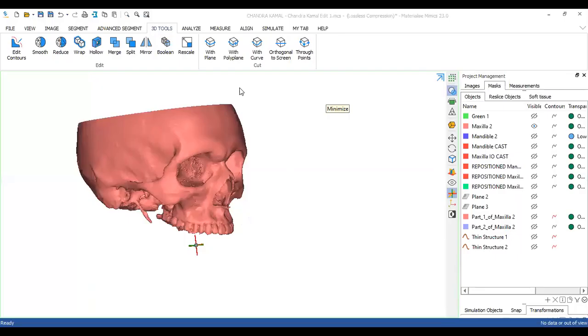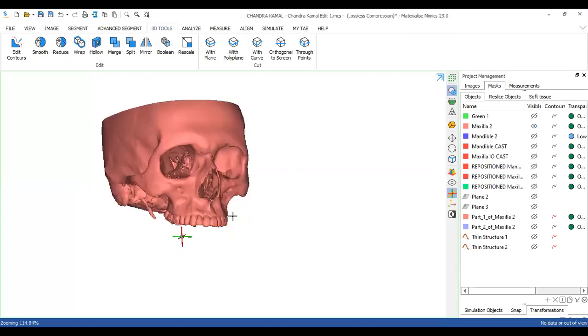Right. So moving forward. I'll just jot down the steps again for us. We start from where we left. First, you convert your scans into your 3D models. Your 3D model required is only of the maxilla and mandible. So you accordingly make masks that contain only your bones of maxilla and mandible.